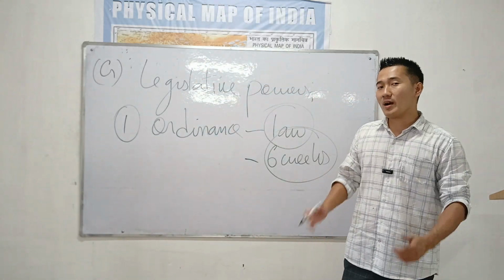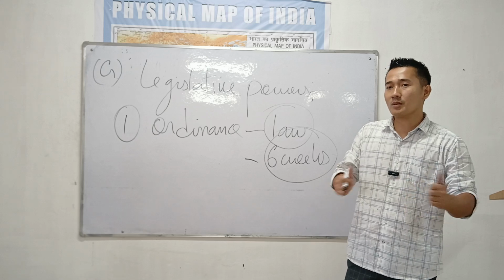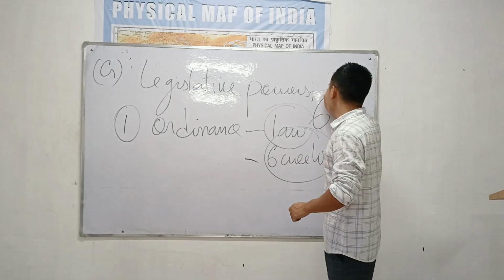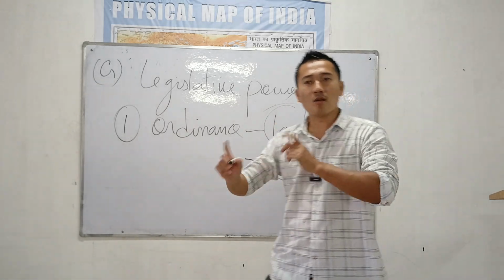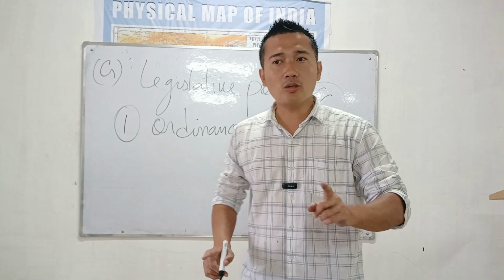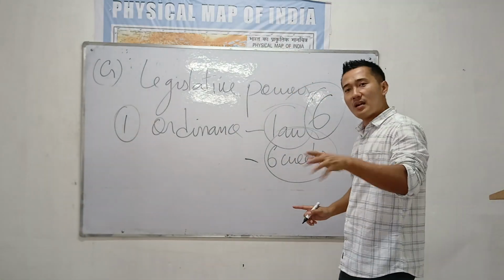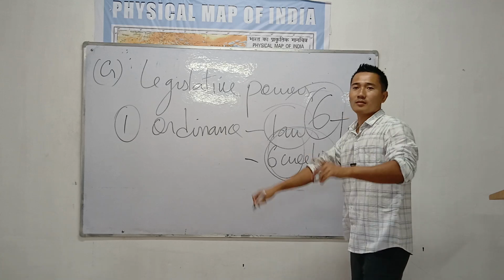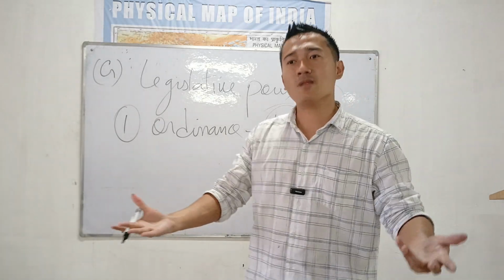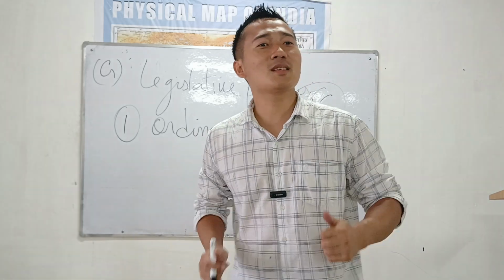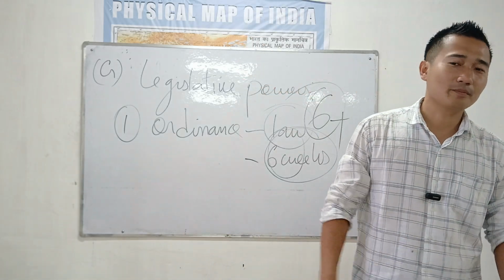Remember, what is the duration of the gap? The Lok Sabha and Rajya Sabha must at least meet once in 6 months. Within 6 months, the Lok Sabha and Rajya Sabha should meet at least one time. So altogether, if the Parliament session is not held for 6 months, you can end up with 6 months plus 6 weeks. The 6 months is a constitutional obligation. So, maximum 6 months and 6 weeks.